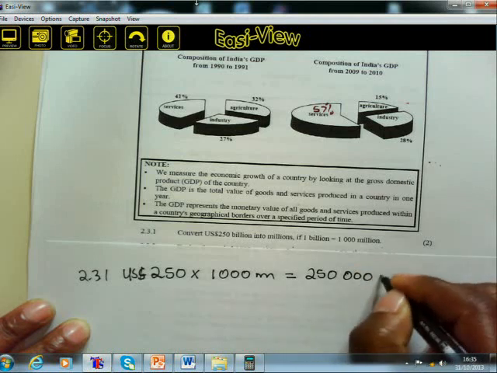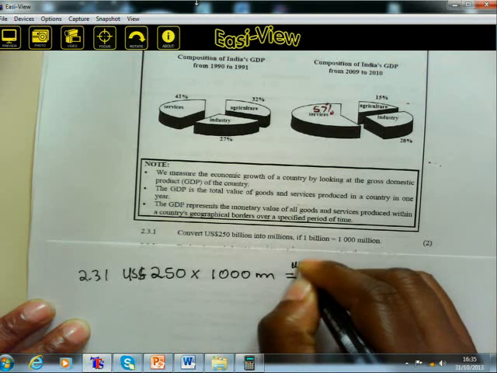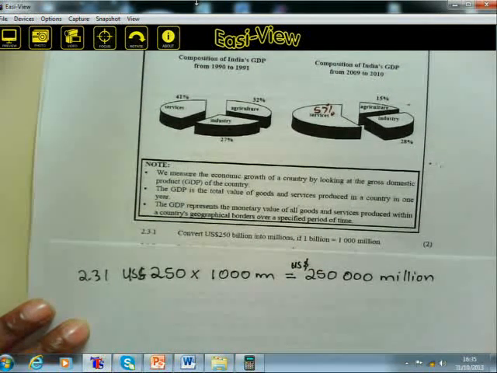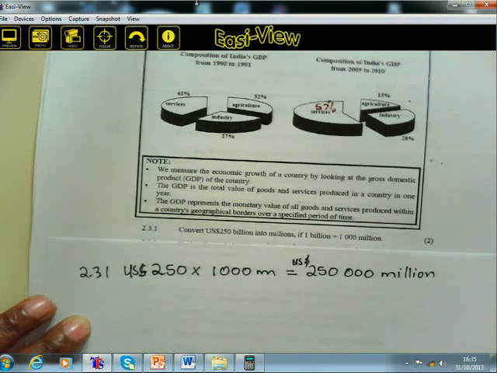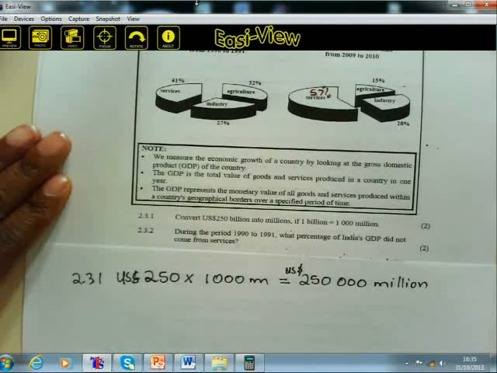250,000 million US dollars. Let us not forget the symbol, US dollars. 250 million US dollars. That is the first one. You just multiply. And then 2.3.2, during the period 1990 to 1991, what percentage of India did not come from